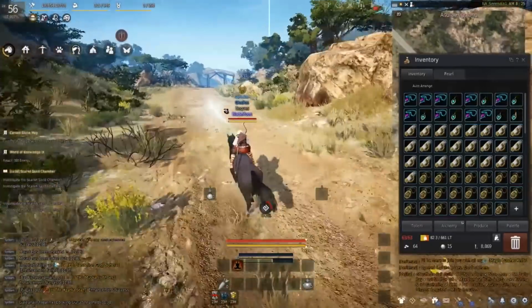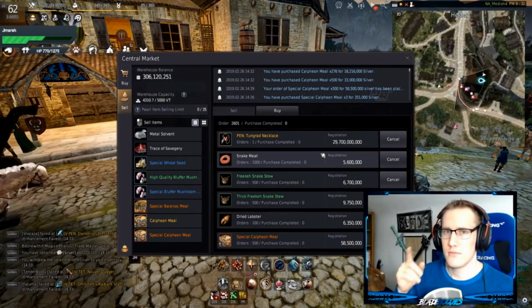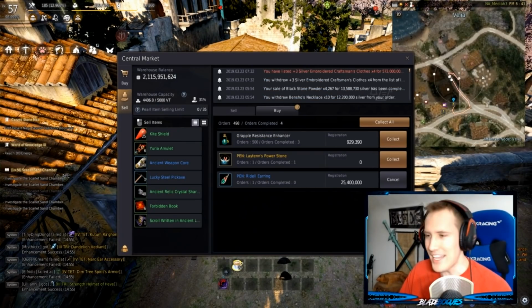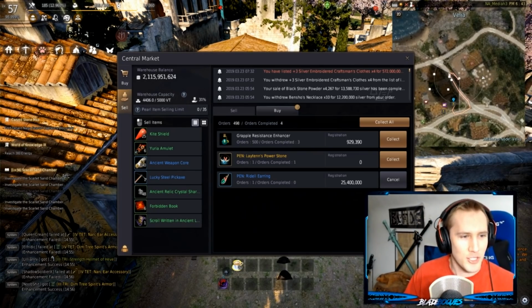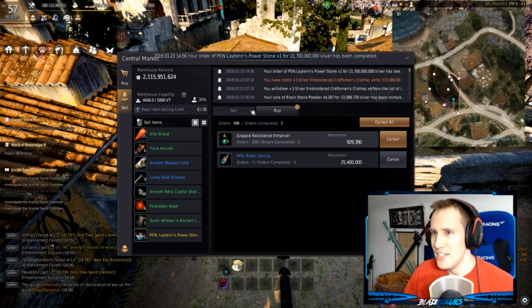What happened to the wagon money? What the heck is happening? Does that say what I think it says? Does that actually say? That does not say that I just got